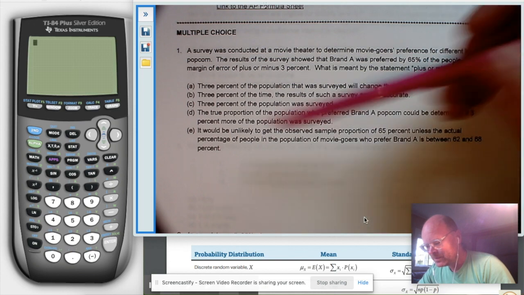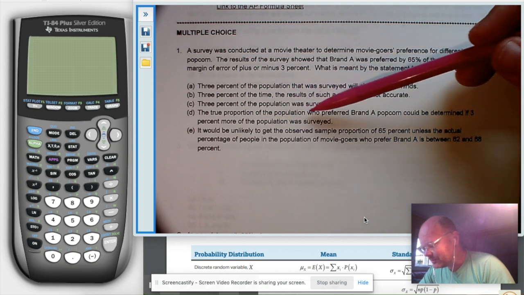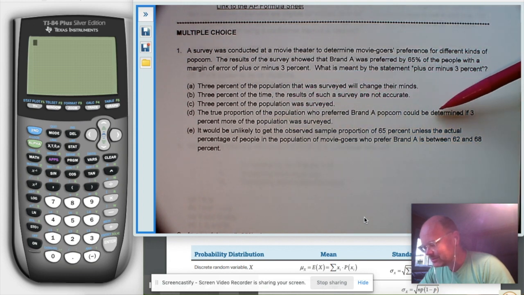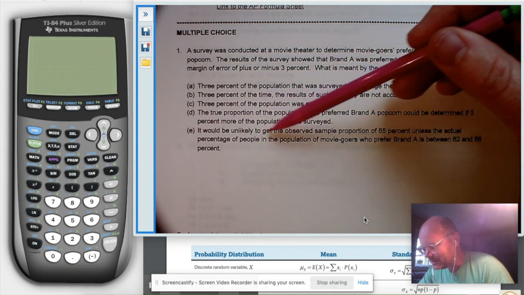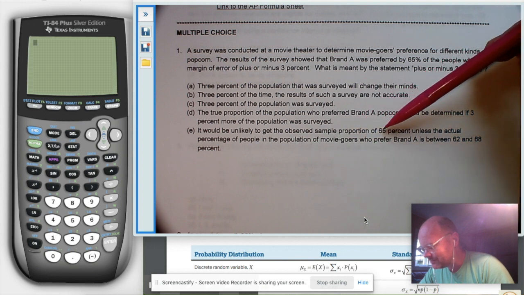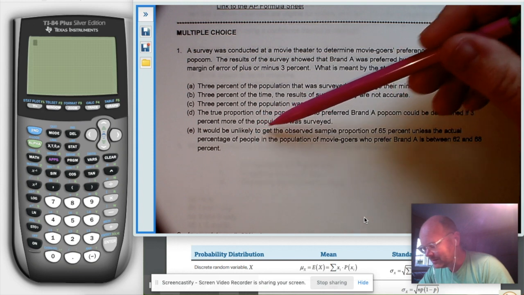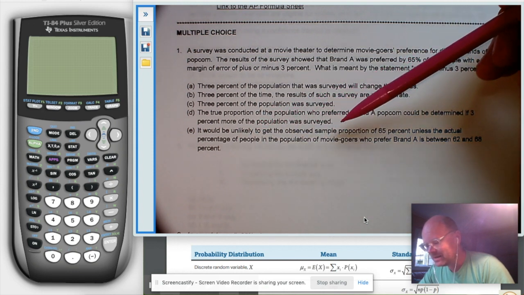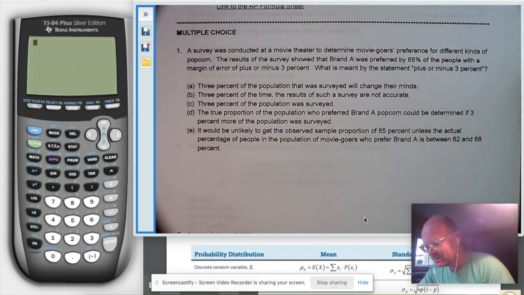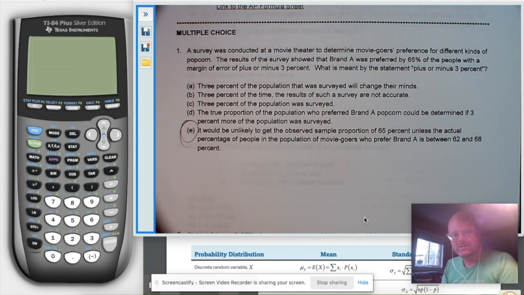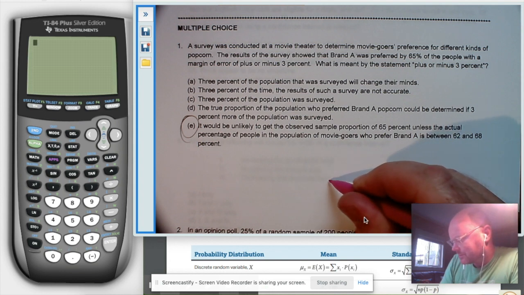No. 3% of the population was surveyed? No. The true proportion of the population who preferred brand A popcorn could be determined if 3% more of the population was surveyed. None of these are seeming right. It would be unlikely to get the observed sample proportion of 65% unless the actual percentage of people... Okay, that one's wordy, but it would be unlikely to get our p hat unless the actual percentage of people in the population was between 62 and 68%. That is correct. The idea, what we're talking about here, is that confidence intervals and the margin of error,